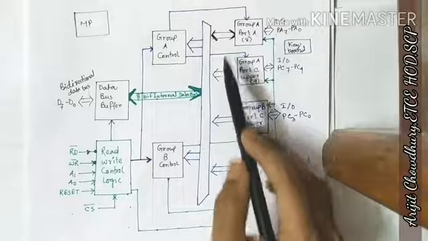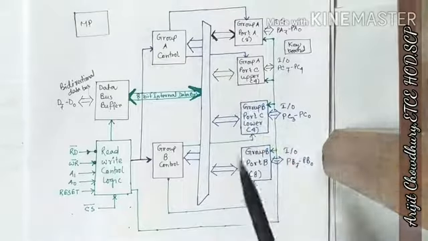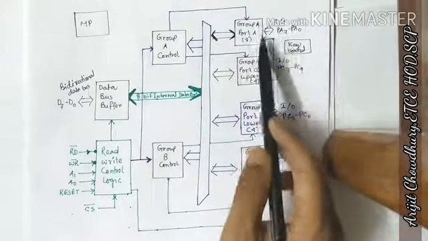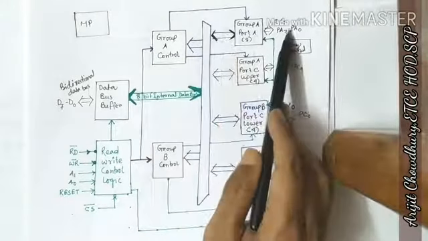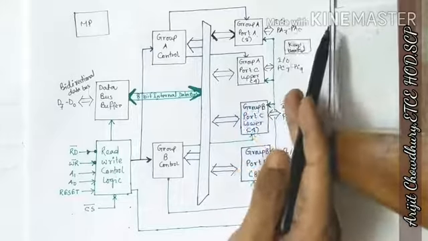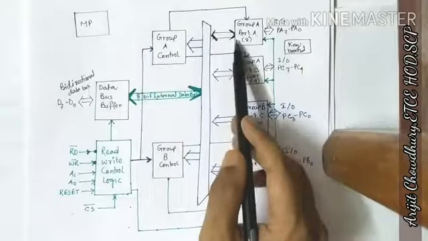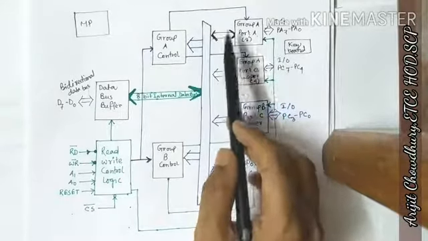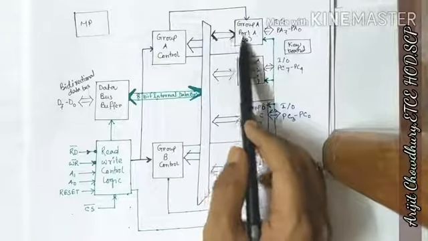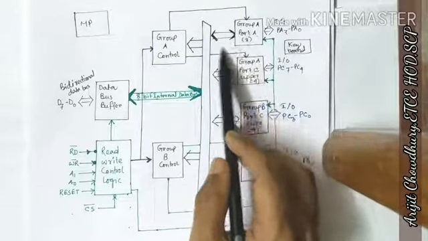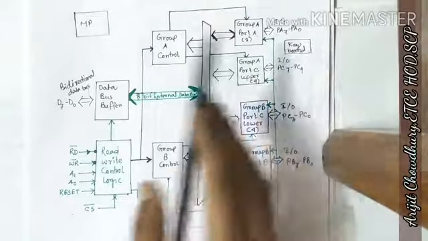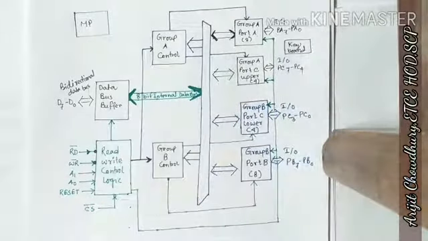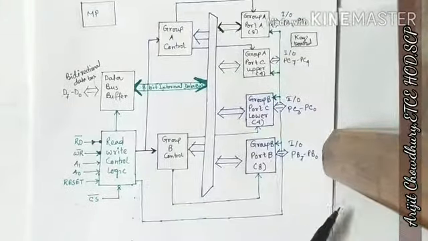And what is bidirectional? Bidirectional means data is transmitted from the microprocessor, and also data is received from the peripheral to the microprocessor. So this direction is bidirectional, where data is transmitted from the keyboard or peripheral to the processor, or from the processor to the peripheral. These are the bidirectional data lines, and these are the control part.